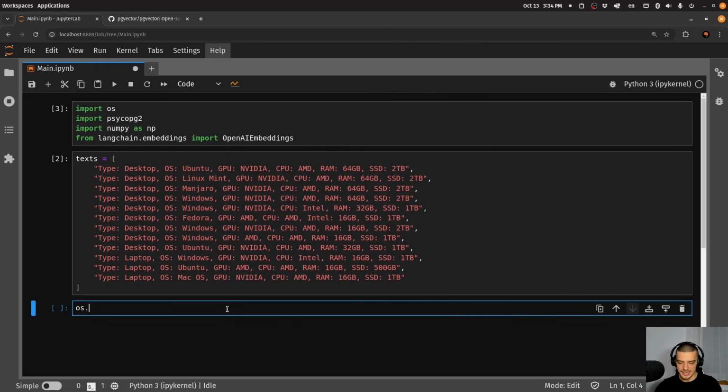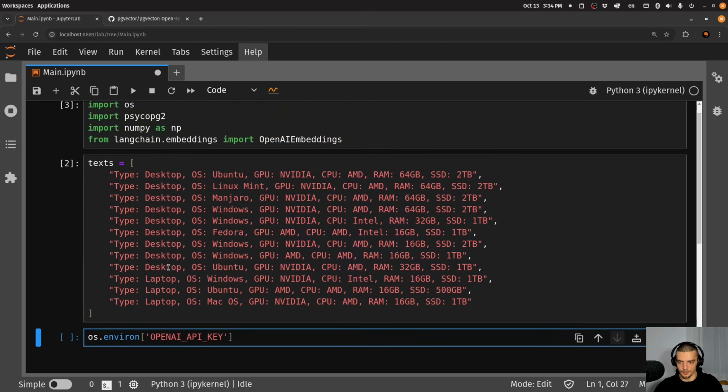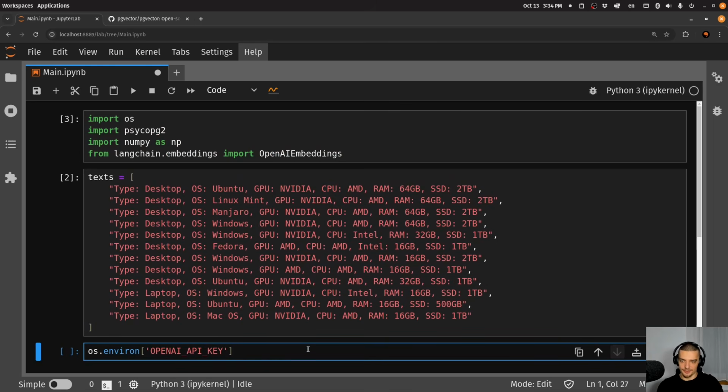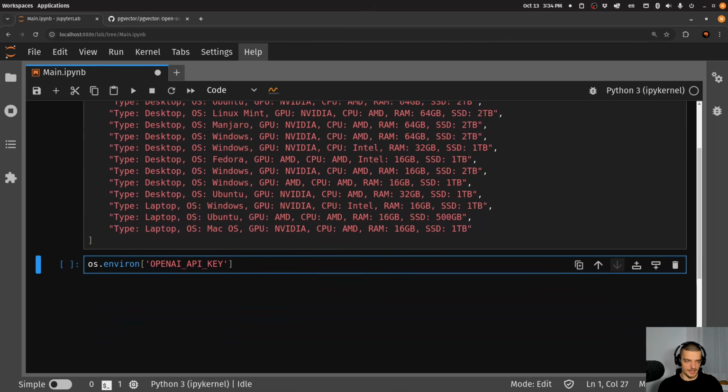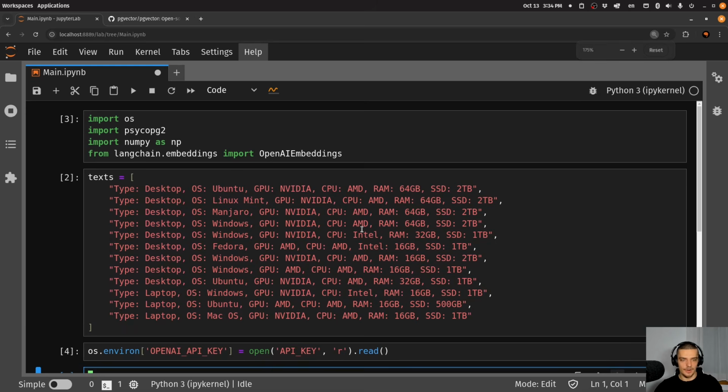So os.environ, and then in the square brackets here, I'm going to say OPENAI_API_KEY. This is important because this environment variable will be used by LangChain to authenticate with the OpenAI API to be able to use GPT. So we're going to set this to, and then open the API key file in reading mode, read. So this is going to load my API key into the environment variable,